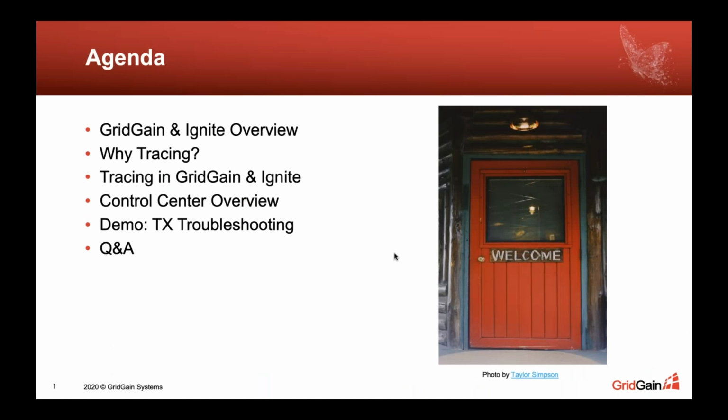So the agenda we'll be following is, for those who are new to Apache Ignite and GridGain, we'll just give a very brief overview about the framework, the use cases that it supports and how it works. And then we'll dig into why people would want to use tracing. We'll look at how tracing has been instrumented in Ignite and GridGain. And then we'll look at tooling that supports tracing and how we can look at the nodes in our clusters,